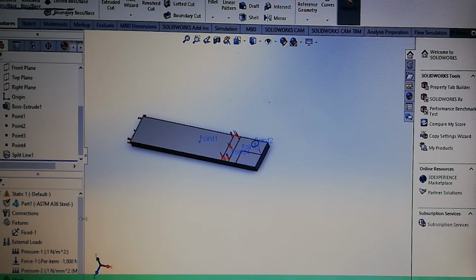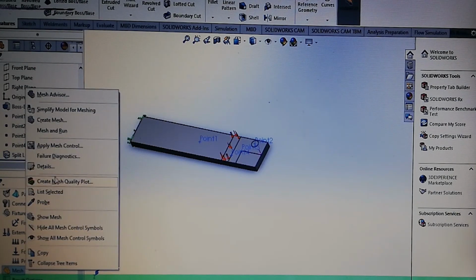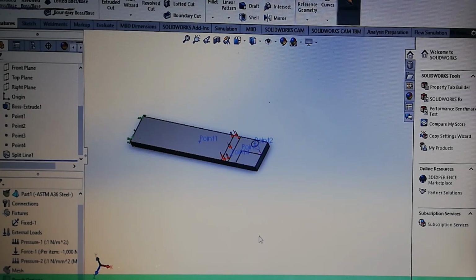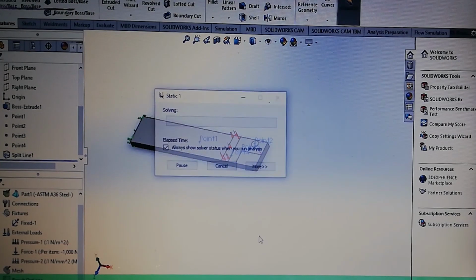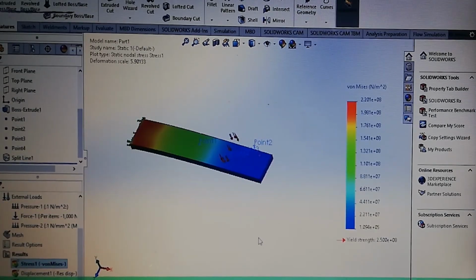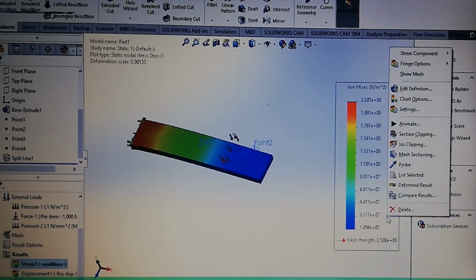Load is applied. Next we have to check the mesh and run. So mesh and run is running, and the result is being generated. So it generates the result. You can check the yield strength is 2.5 10 to 8. We can check it in a different unit